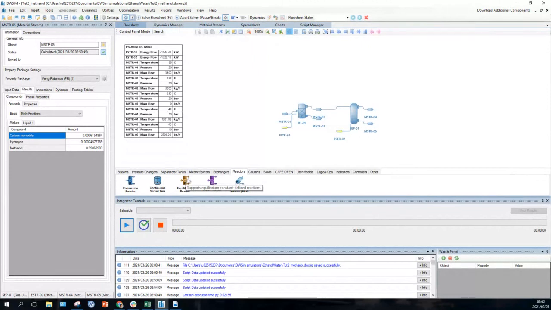Equilibrium reactor is typically, yeah, you can put in your own equilibrium constants. Gibbs reactor takes all of your components and it minimizes the Gibbs free energy. In other words, that would be all of the components going to equilibrium at the conditions that you specify for that reactor. So this is one that I use pretty often, but the most often is a conversion reactor,